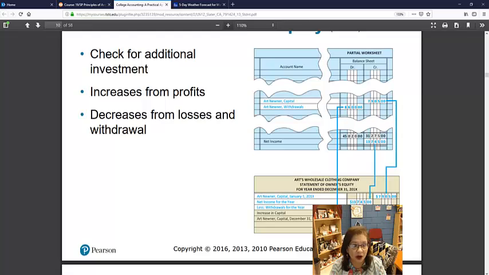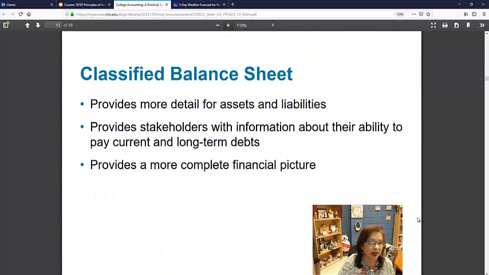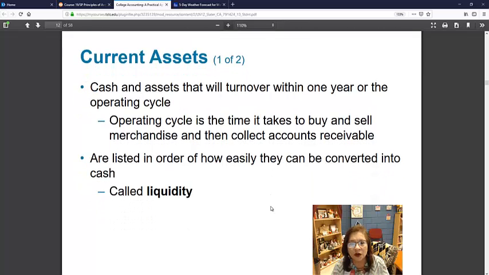All right. So now we have the classified balance sheet. The classified balance sheet has more details of assets and liabilities. It's a more complete financial picture. The current assets, of course, are assets that will turn over within one year or operating cycle. The cycle is the time it takes to buy and sell merchandise. They are also listed in order of how easily they can be converted into liquidity. So whatever is easy to sell, that's how you start putting them into